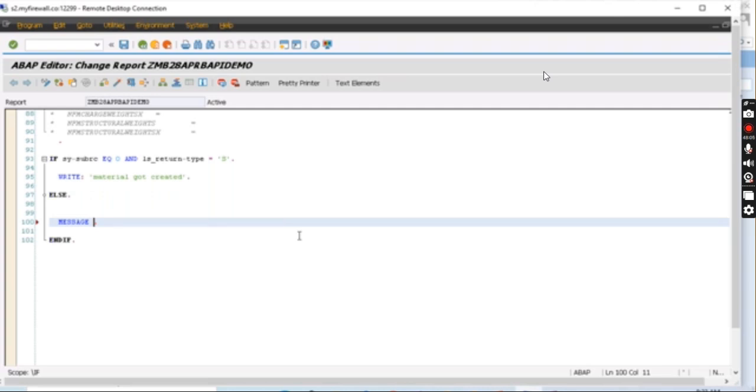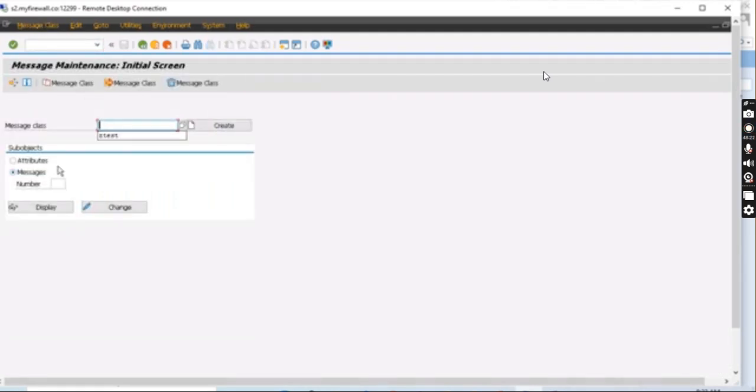So let's go and create some message number over here, /OSE91, and we'll see if we have some message number. Go once again, yeah, it has opened now. Message class JTest, and already we have created JTest, and the message number, let me check if we have some message number.